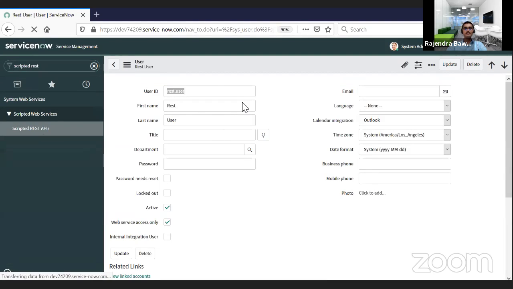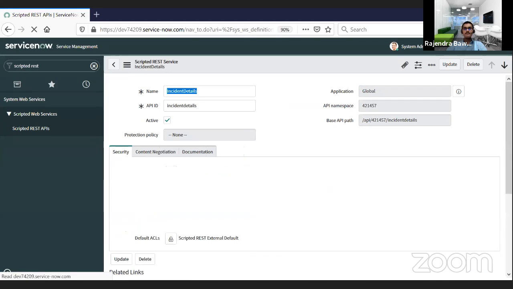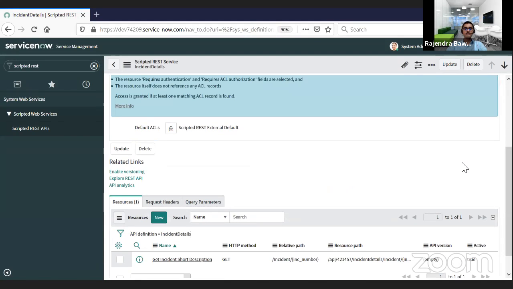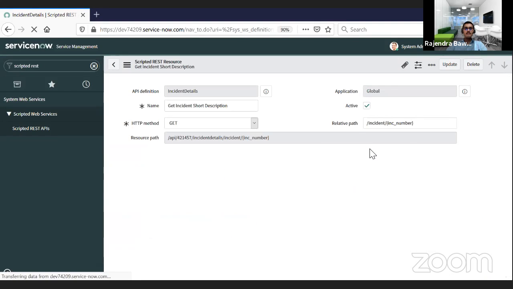I will show you that. So this is the API. As you can see here, the resource path for the API includes the incident number at the end of the endpoint. So that is the reason we are using the